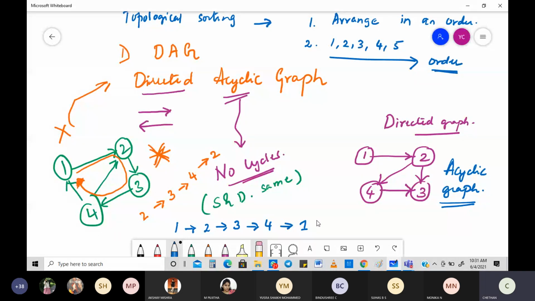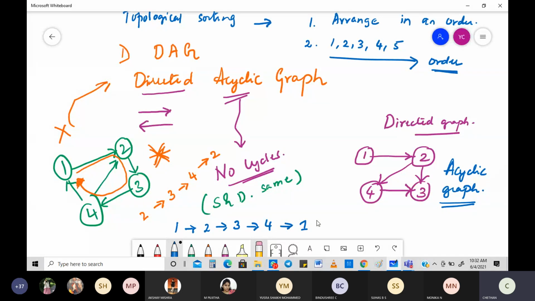For this, the next step is to figure out how it is done. For that, obviously, we need to take an example. The class will be longer, so you have to stay for at least another 50 minutes till we complete that. That's very important. Now, what is the next thing?